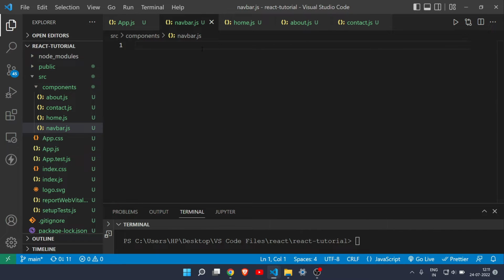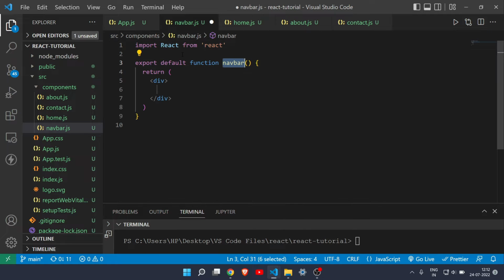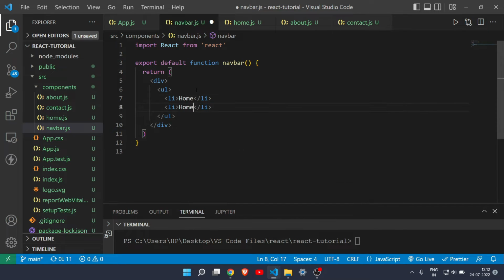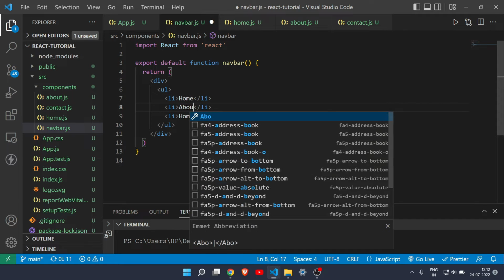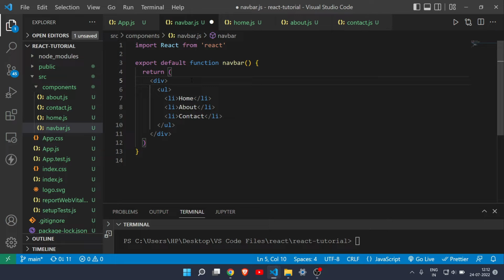Alright, so let's come to the navbar, and before writing something we have to write the boilerplate. If you are using VS Code, you can just write RFC and it will suggest you this shortcut. RFC, and just like that you have your boilerplate. Inside this div you can write anything. You can write your HTML, just like the normal HTML. So I will do UL, and then just like that I will create three links called home, about and contact. Okay, and to style it,